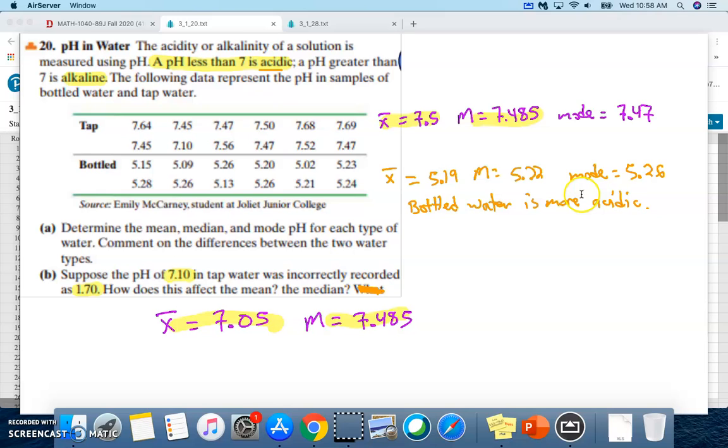So what this tells us, what we can observe, is just an example that the median is more resistant. We changed one value, and that mean dropped quite a bit, but the median did not change. So the median is more resistant to that one minor error or a big drop in